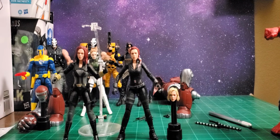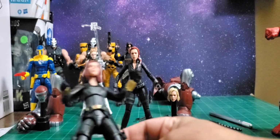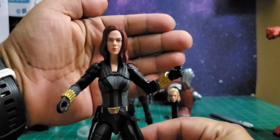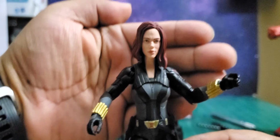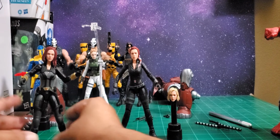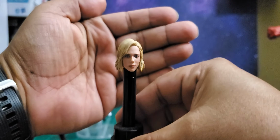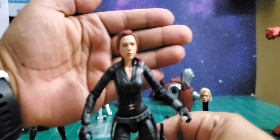All right, so here we have Black Widow out of package, and I gotta say, this is actually kind of cool. I'm actually looking forward to this movie, but like I was saying, look at that head sculpt. Does it really look like her? It resembles her a lot, but you take a look at these two, and then you can see that there's a huge difference. This one looks a little bit more cartoony, and these do look a little bit more